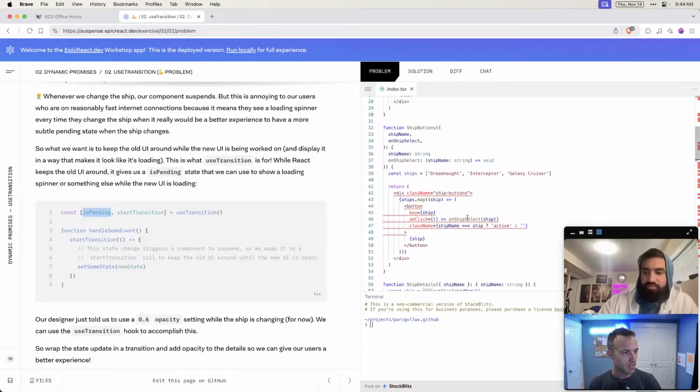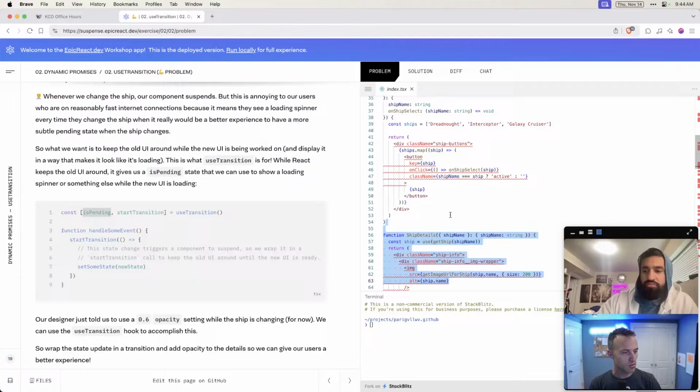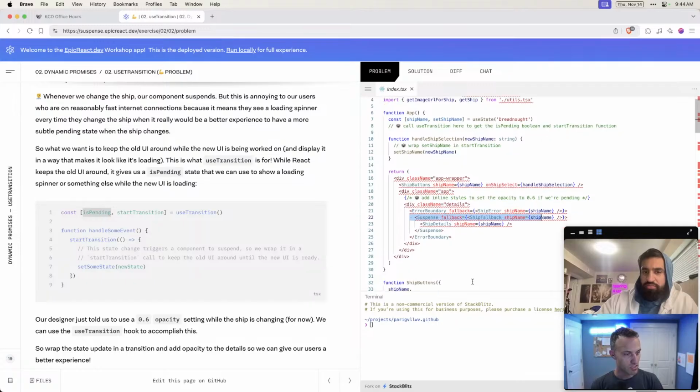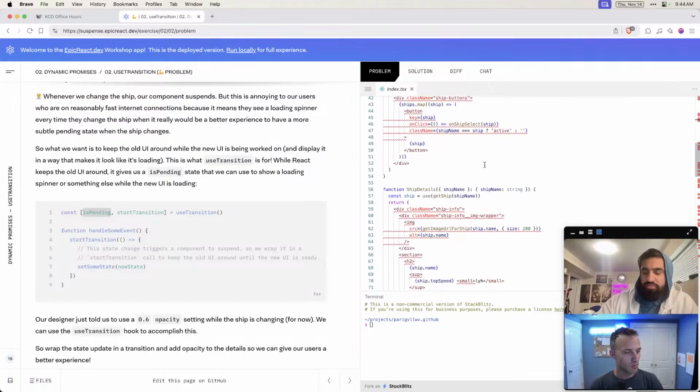And then React says, oh, okay, you threw a promise, ShipDetails. Let me go up your element tree and find your closest suspense boundary. Oh, here it is. I will render that instead. And so the object of this lesson is to make it so that we don't end up rendering the suspense boundary, and instead we stick around.